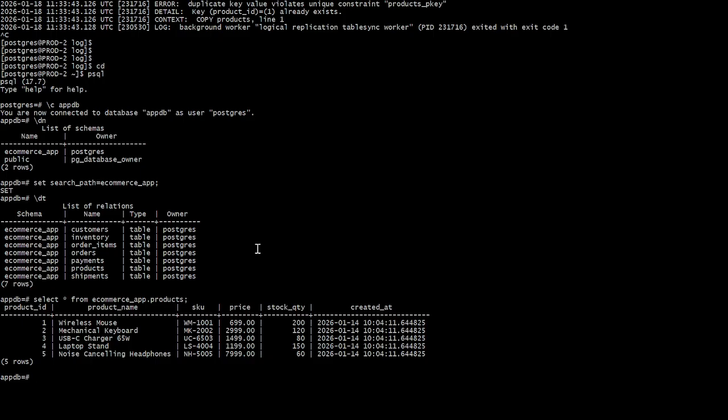Subscription will start, replication will start, but again it will find the product ID, and it already exists. And if we rename it, it is going to find it again. So the simple solution for this is we have to truncate the entire